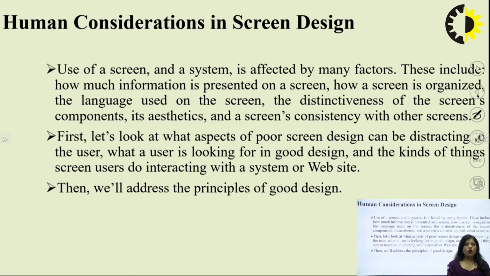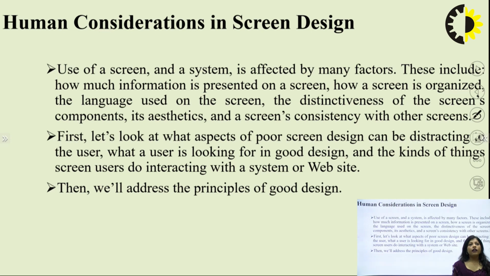like desktop, mobile, and tablet. These are the devices in which we have a screen. When we are talking about human computer interface, every computer has a screen. So the use of a screen and a system is affected by many factors. These factors include how much information is presented on a screen, meaning the user who uses the screen